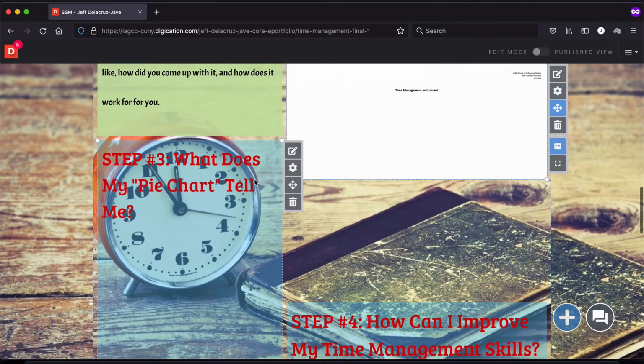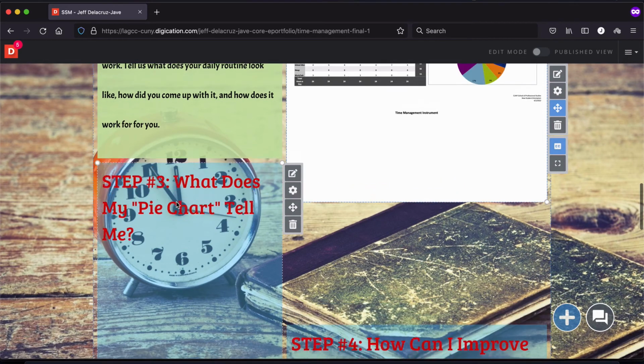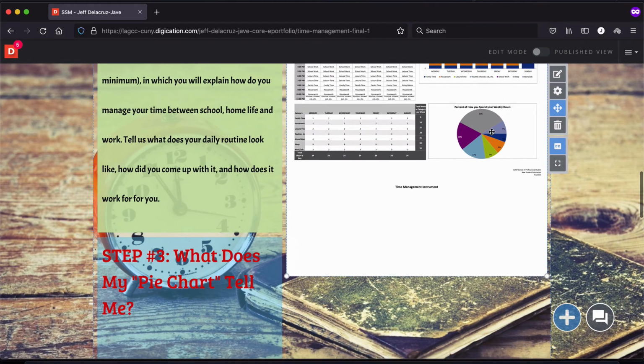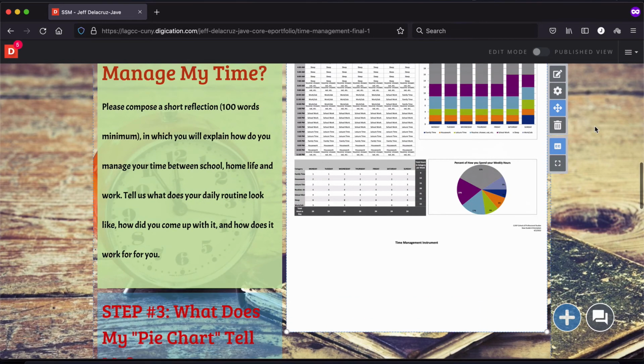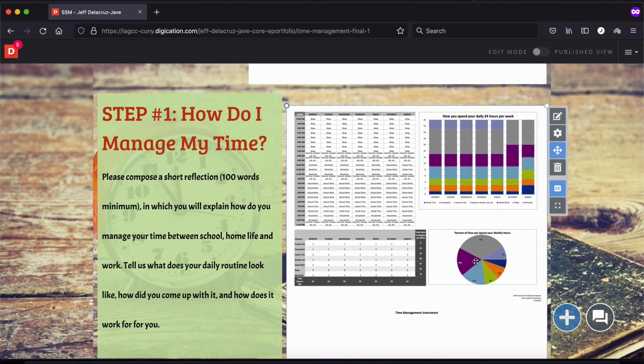For step number 3, do not confuse it with the question that says, what does my pie chart tell me? It's asking you what is the meaning of this pie chart that you can see here. You don't need to copy and paste it here. It's just that in step number 3 you need to answer with a reflection based on this pie chart. This pie chart is telling you something, which is basically what activities you are doing